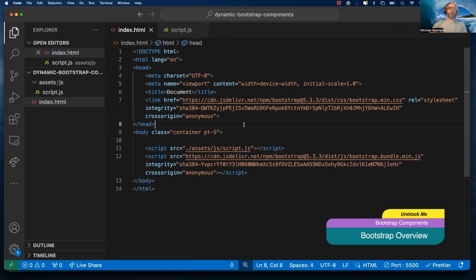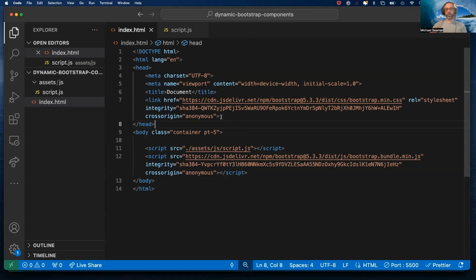Okay, so I'm starting off with an HTML file. And if you watched my previous video on Bootstrap Basics, you'll remember that in order to use the Bootstrap CSS functionality, we have to incorporate this link tag that can be easily found on the Bootstrap website under the Getting Started portion of the docs. We're also going to use Bootstrap's JavaScript functionality. So I've gone ahead and added their script tag as well down here at the bottom of the body. And then right before that, I have another script tag linking my personal JavaScript file,